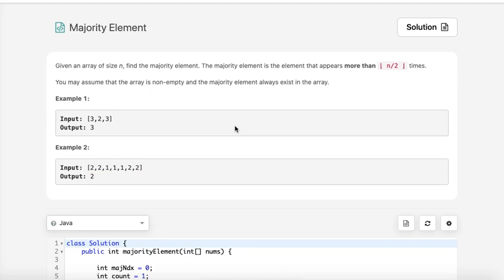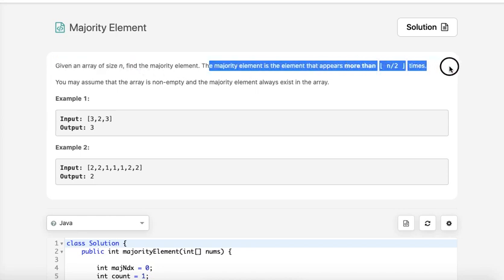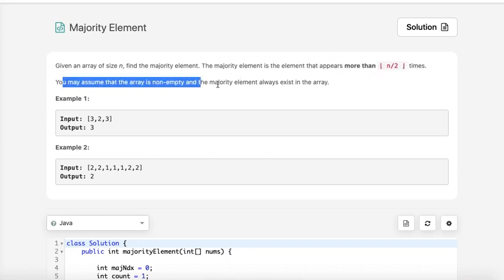Hello guys, in this video we'll solve the problem Majority Element. This is one of the problems from the LeetCode 30-day May challenge. Given an array of size n, find the majority element. The majority element is the element that appears more than n/2 times. They have also given that you may assume that the array is non-empty and the majority element always exists in